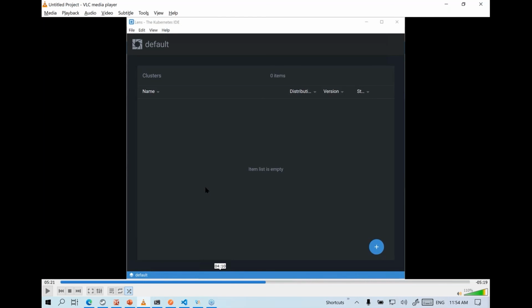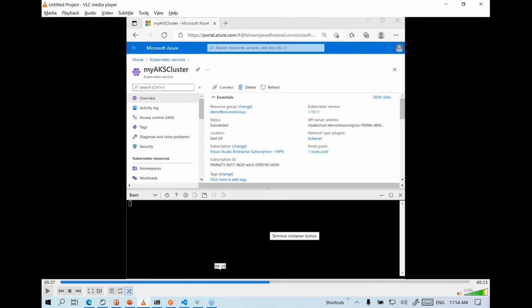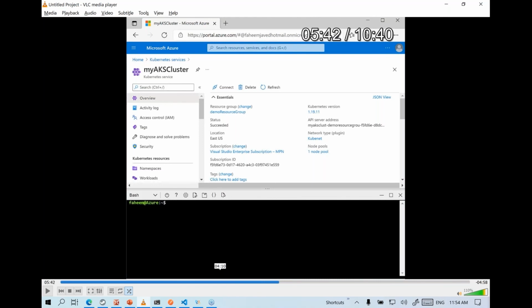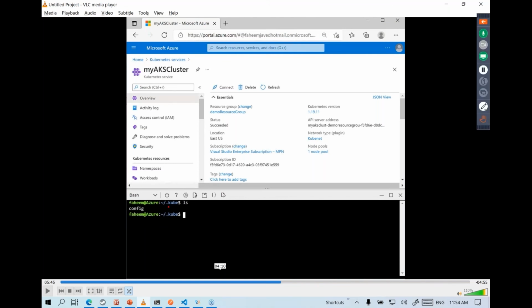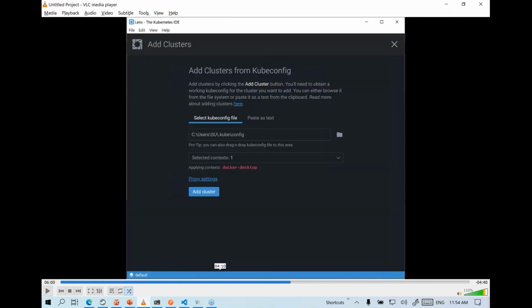So for that, we have to do a bit of homework. We need to obtain the connection details. So for that, typically we go to Azure and we obtain the Kubernetes config file. And typically you can use the kubectl get config file or a config view. So kubectl config view can show you the configuration, or you can also go to the default folder that's typically .kube in the profile folder, open up the file named config. It will show you the entire configuration that you need to copy and paste into this K8s or Kubernetes Lens tool.